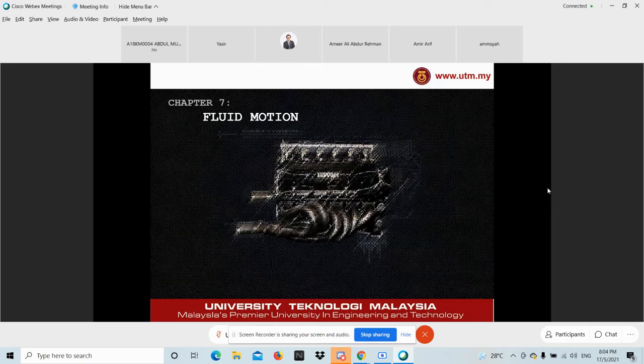Okay, so let's move on to our next chapter, chapter 7. This is a very short chapter, so we'll probably finish in half an hour or so. But then we'll definitely continue on chapter 8 next week. So today's session will be very short, just a brief one on fluid motion. So let me just start with this one. So under fluid motion,